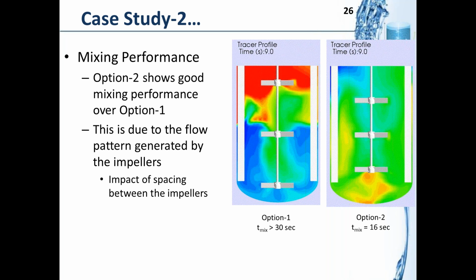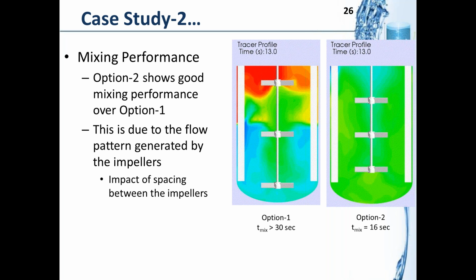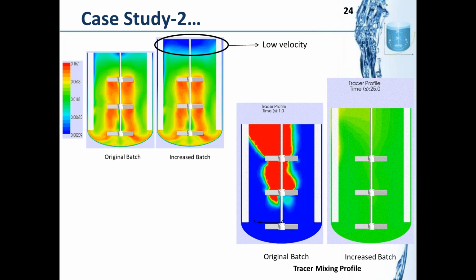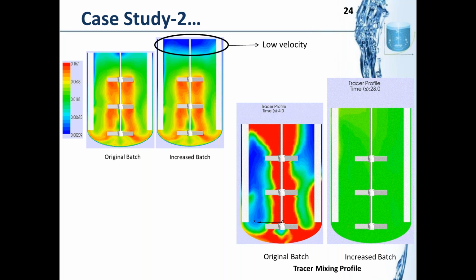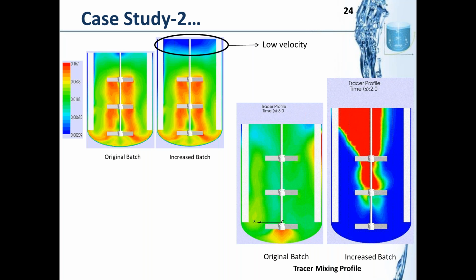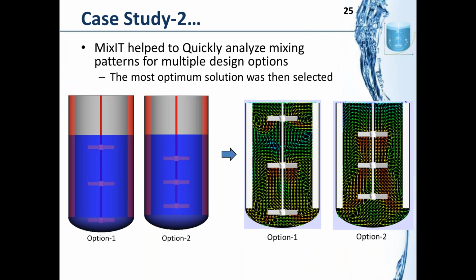If I look at this case study which we performed for our client, look at how many simulations were performed. First, we did 2 simulations, and those helped us understand what the problem is, and then we performed 2 additional simulations. So typically 4 simulations. These 4 simulations were completed in about a couple of days, and we were able to get results in 2 to 3 days. So this is how you can accelerate your scale-up and tech transfer using Mixit, and provide solutions quickly to mitigate the mixing problems.